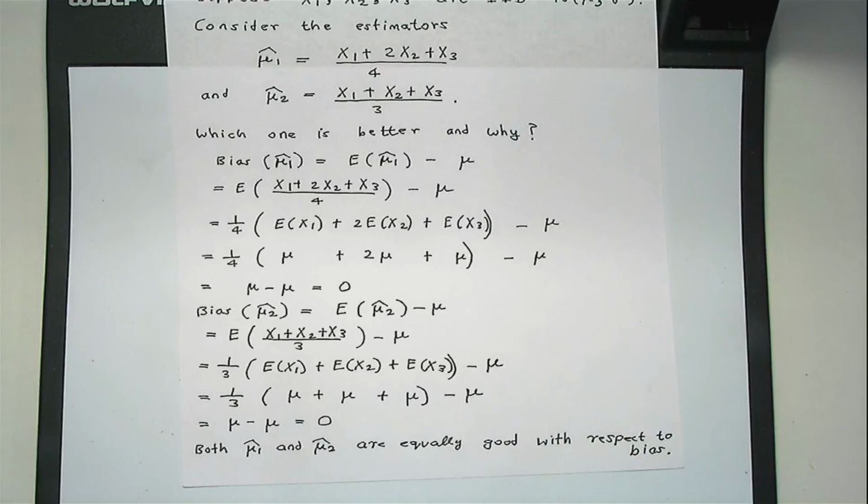So the next thing we need to do is to find the MSEs of the two estimators. So that's what I'm going to do here, right? So starting with the MSE of the first estimator,